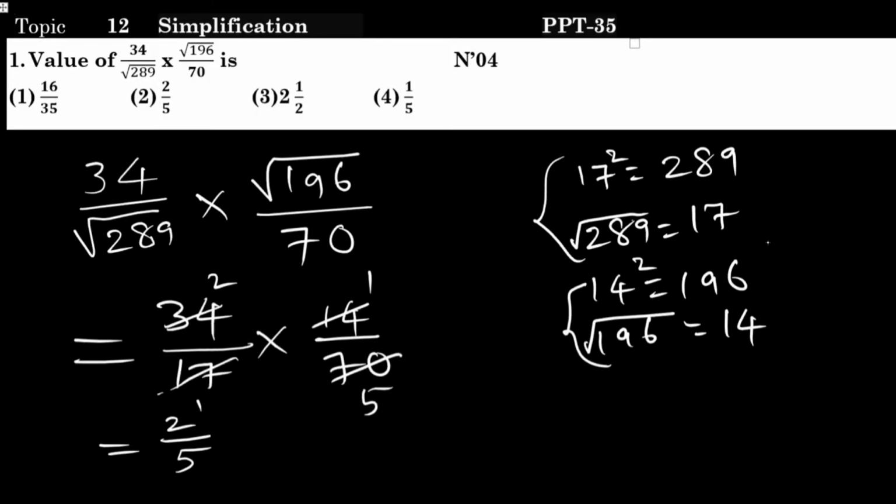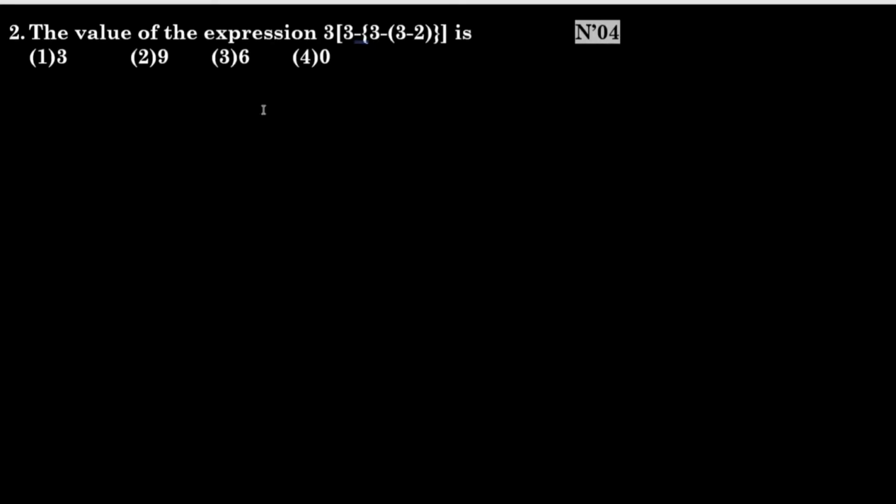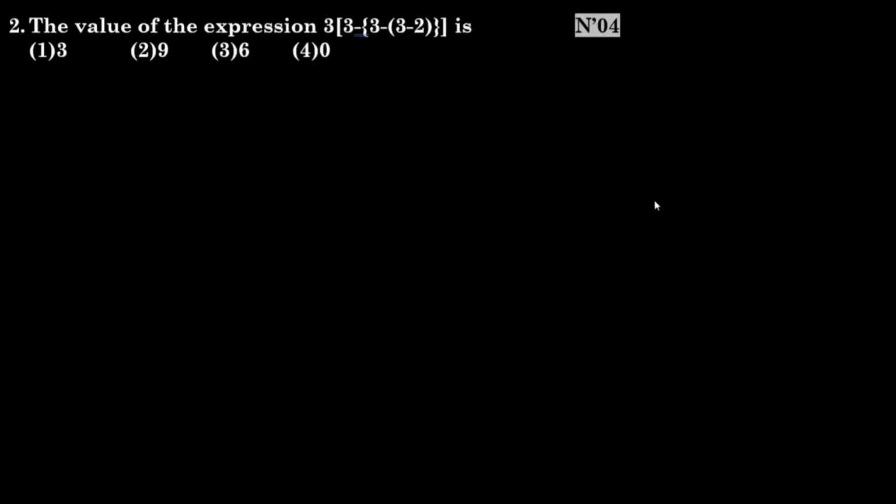Children, you also solve and send your answers. So 2 by 5, option 2. Option 2 is correct. So many children sent your answers. Very good. Okay, good. So continue, children. You are continuing 2, 3 also. Very good.